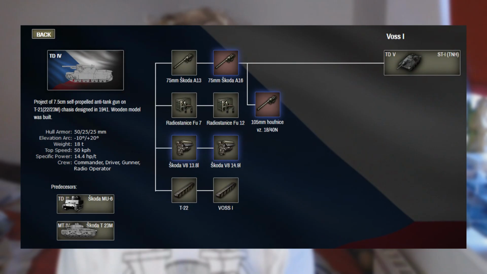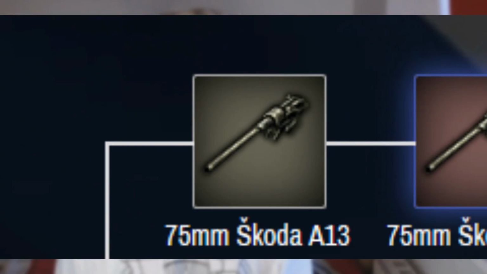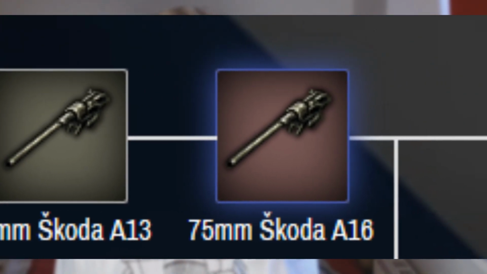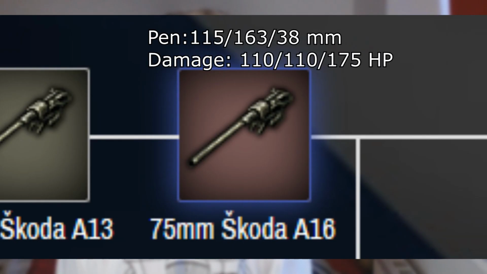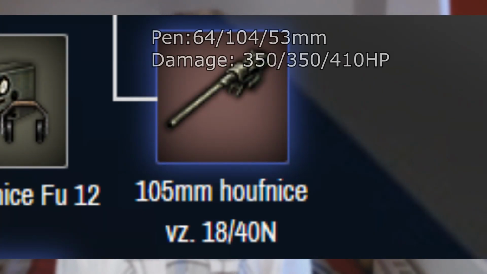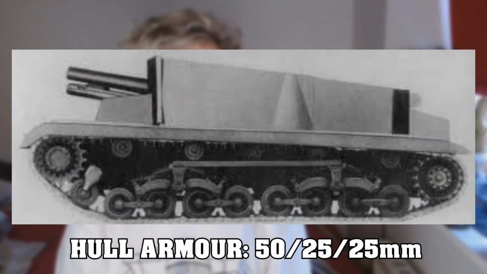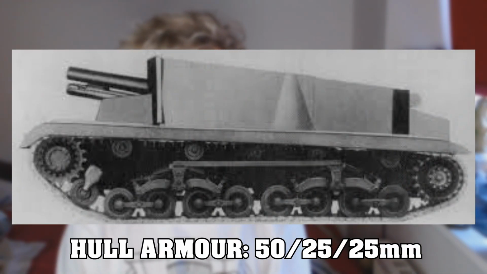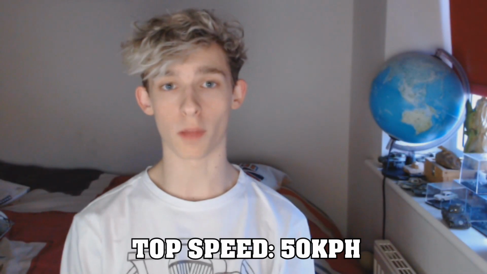This tank has a potential for 3 guns, but it will most likely have 2. The 75mm Skoda A13 has 103mm of penetration and does 110 HP of damage. The 75mm Skoda A16 has 115mm pen and does 110 HP of damage. The 105mm Authryse VZ1840N has 64mm penetration and does 350 HP of damage. The tank's hull armor on the front is 50mm, sides 25mm and rear 25mm. The tank's top speed is 50 km per hour, which...